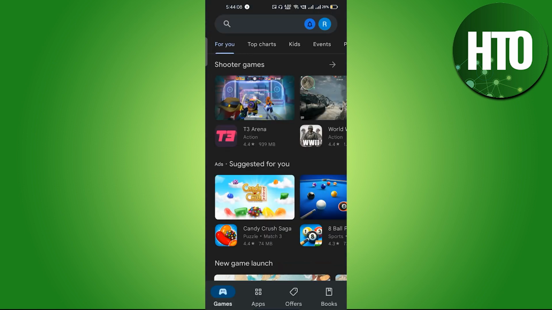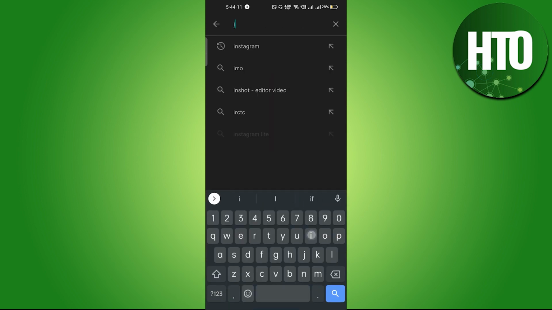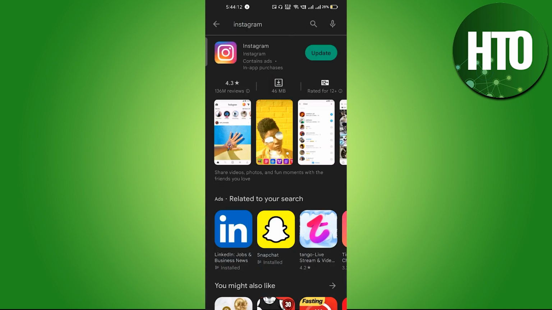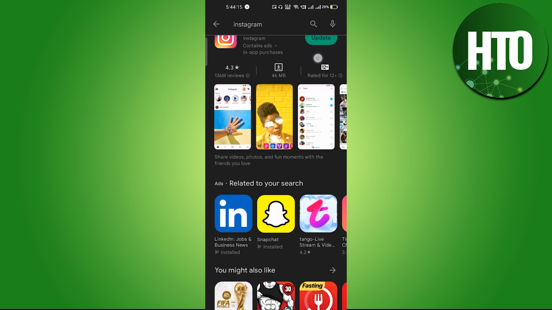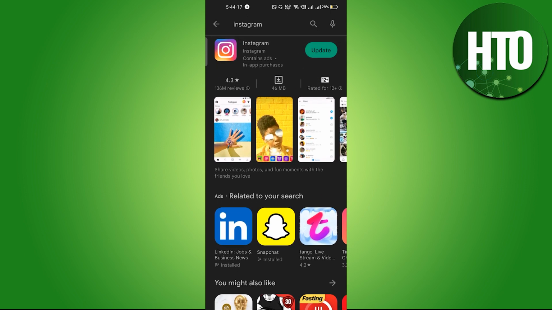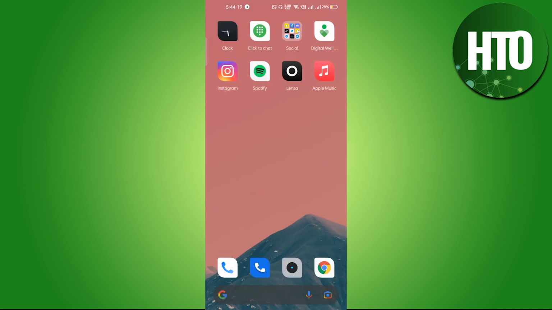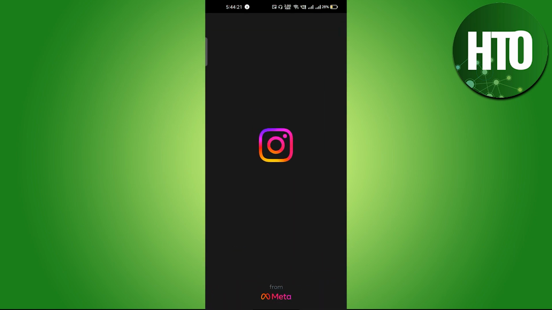So if you're using iOS, just go to the App Store, search for Instagram, and make sure that you are using the updated version. Here you can see the option of update. Just click the update button and it will be updated, right? And now you have to go to Instagram here, and after that if you're not able to see